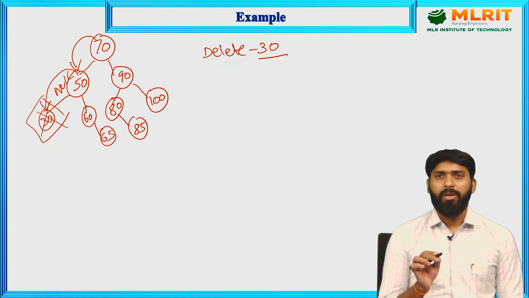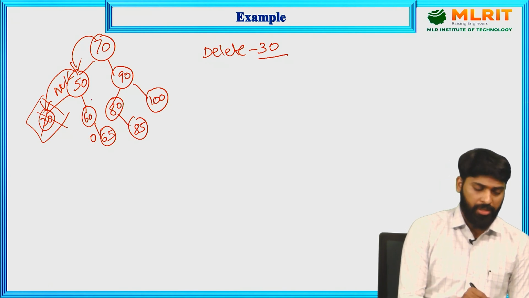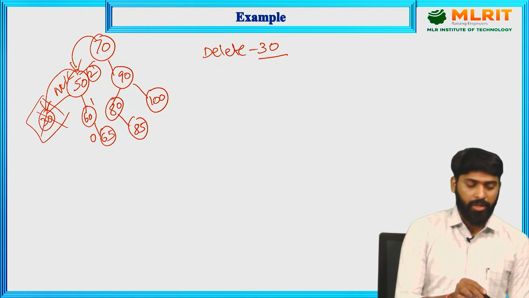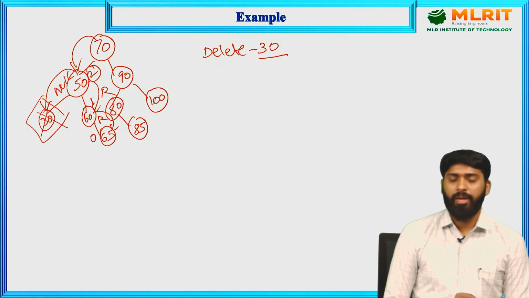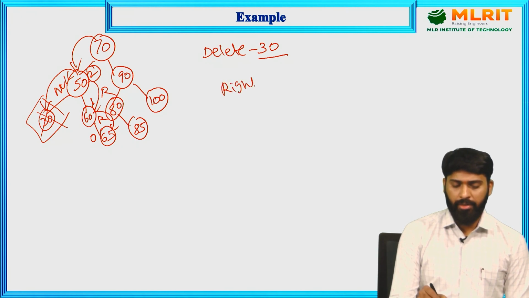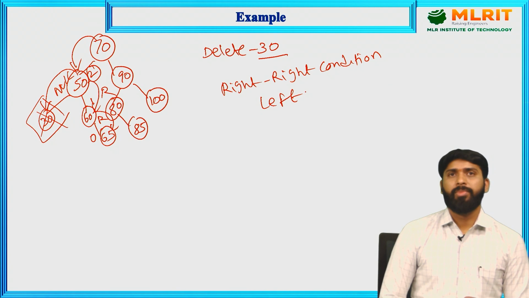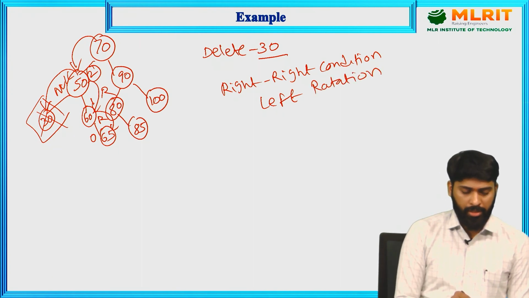What is the second step? Update the balancing factors. What is the balancing factor of 65? 0. For 60, 1. For 50, 2. It violates the AVL tree property in which direction? Right, right condition. So the rotation is left. Okay, so left rotation. Consider 50,